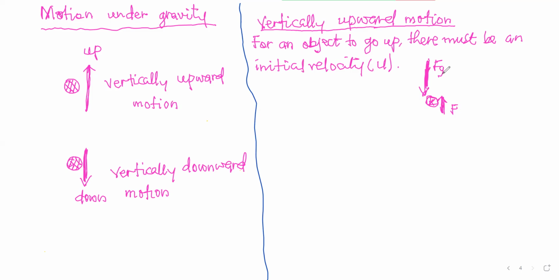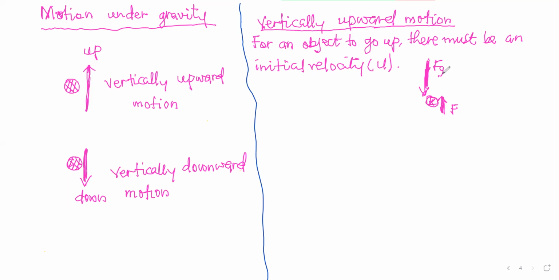This wrestling would reduce the initial speed given to the object. That is why no matter how hard an object is thrown to go up, it will definitely come down, because as the object goes up, the force of gravity decreases the speed